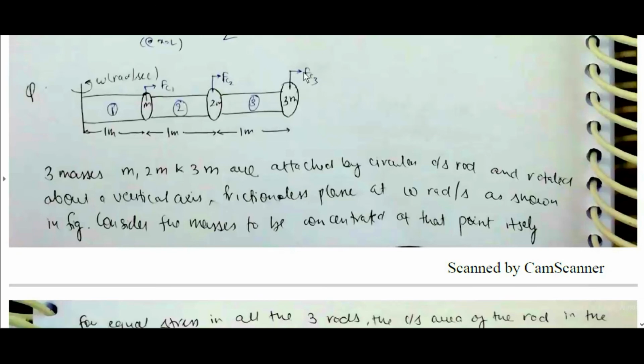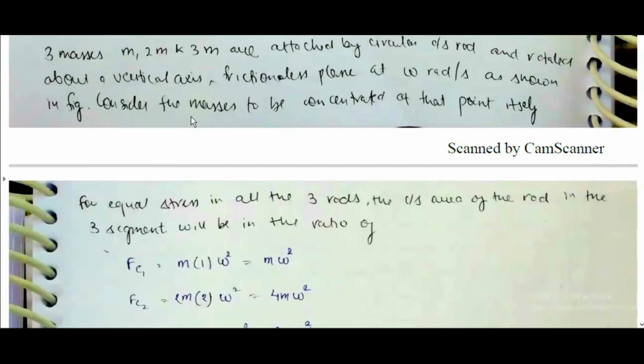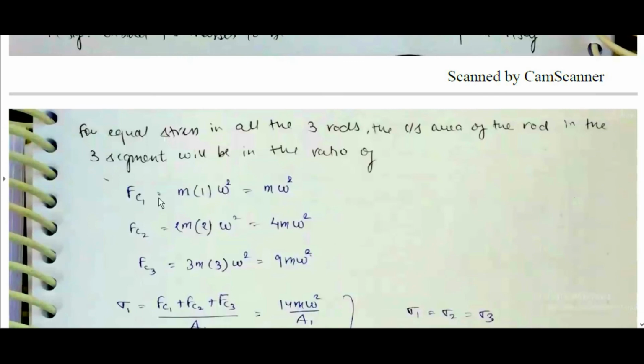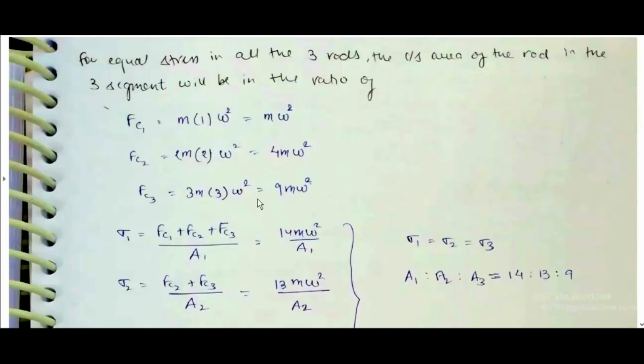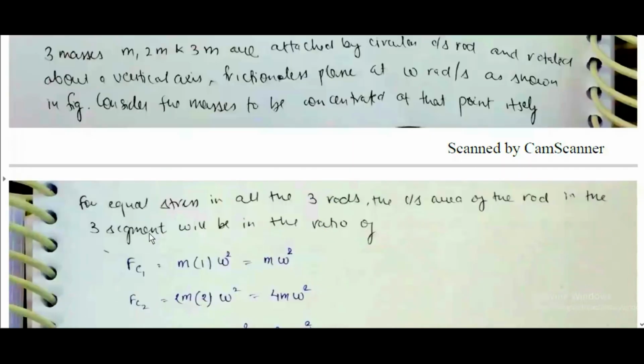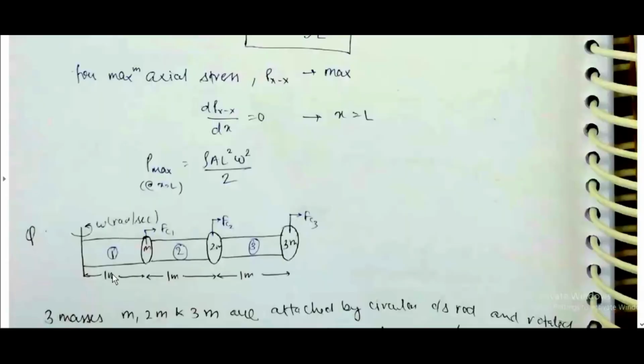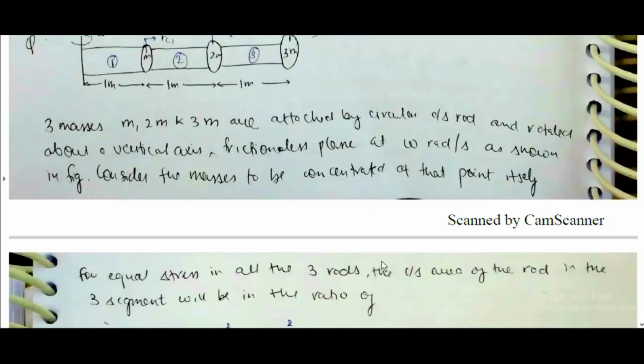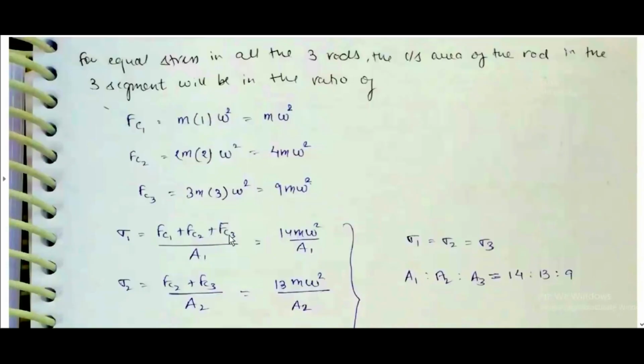Now, due to the forces Fc3, Fc2, Fc1: Fc1 is equal to m into 1 into omega square. Fc2 is equal to 2m into 2 into omega square, which is 4m omega square. Fc3 is 9m omega square. Sigma 1, which is here, is equal to Fc1 plus Fc2 plus Fc3, which is 14m omega square